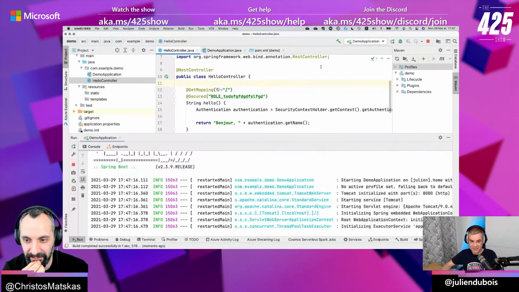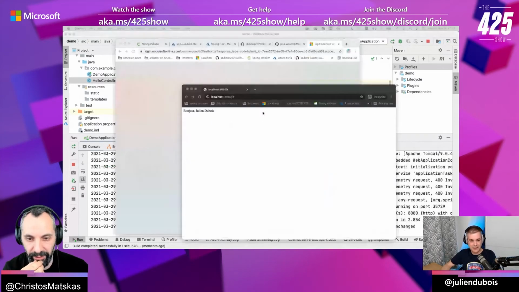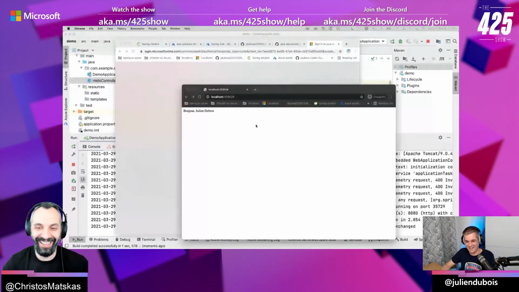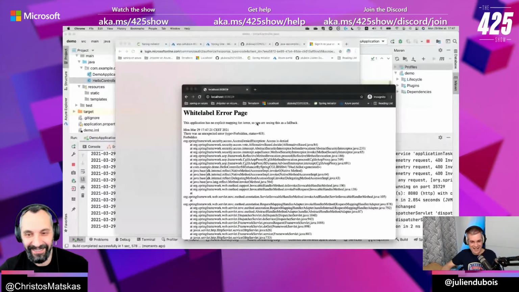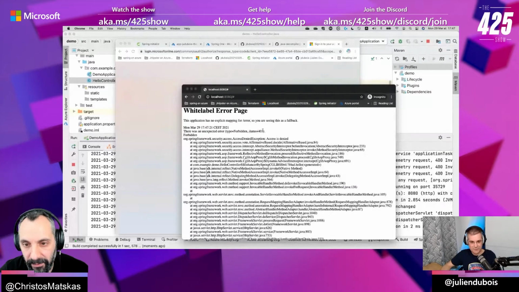Now I will not have access because I don't have that role. So let me go back here. It's a fantastic role, by the way. I love your naming. And now, it's also an error page which is not customized, but you see, access denied exception, status 403. So clearly I don't have the access. That's the expected error message. Love it. Oh yeah, it's all good after that. It's interesting.